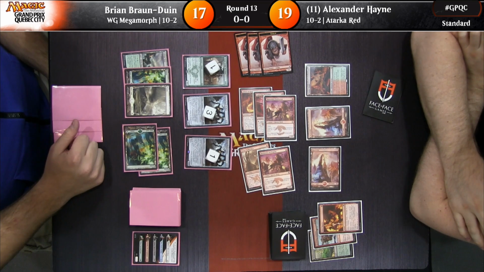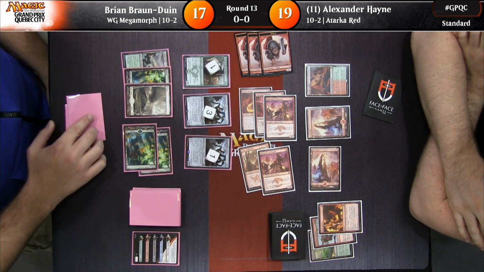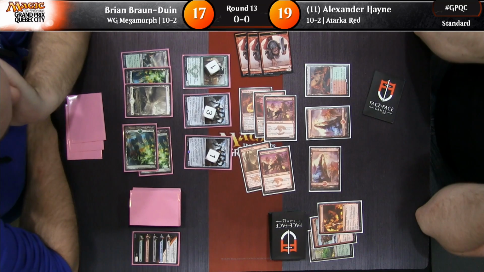That is a lot of creatures, Marshall. Yeah, he's getting in there with 8 separate creatures, and Brian now has to figure out how he wants to manage blocks. Only 1 red mana up for Alex Hayne here. Oh, sorry. Cancel that order. Cinderglade up as well. So the big thing that Brian has to deal with here is an Atarka's Command,